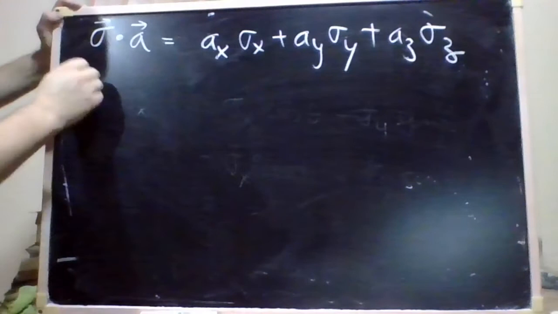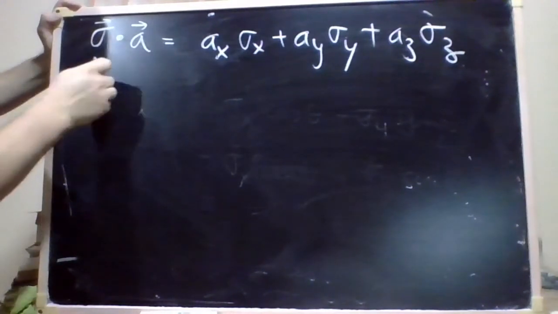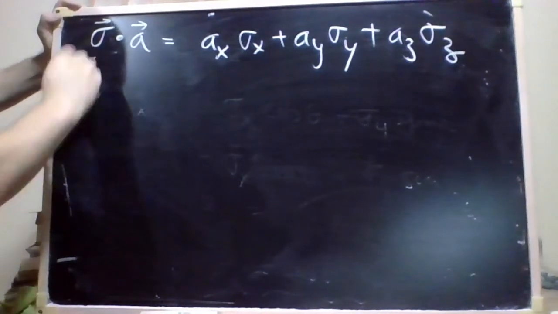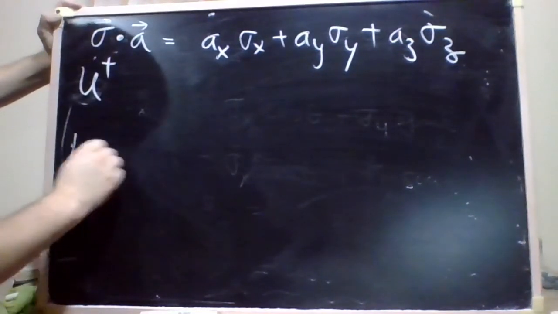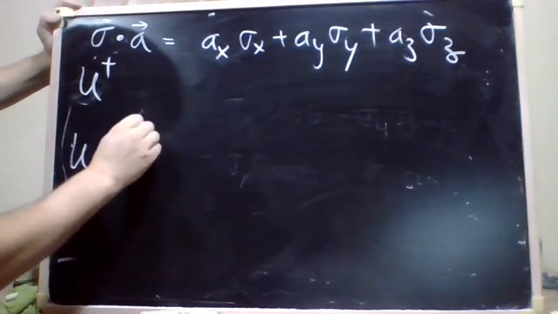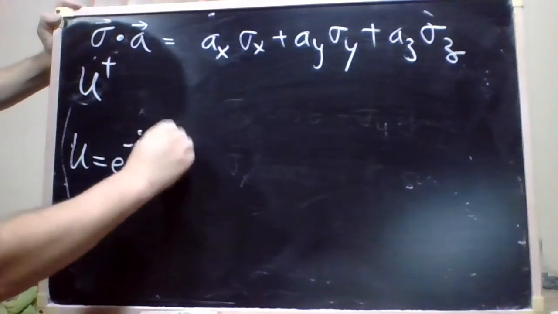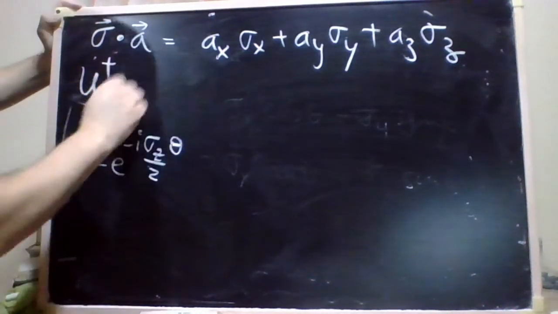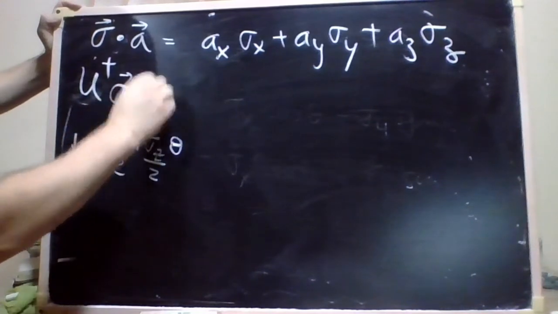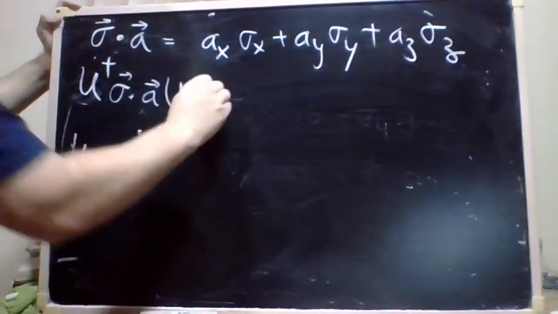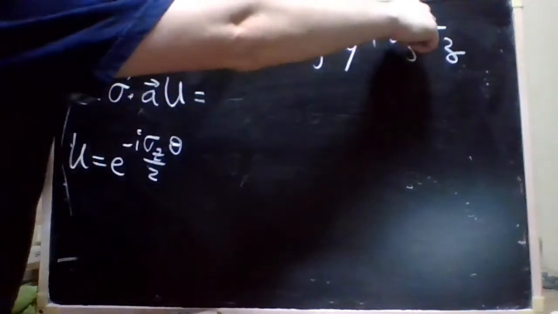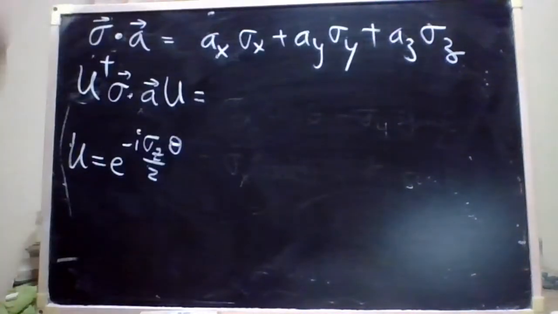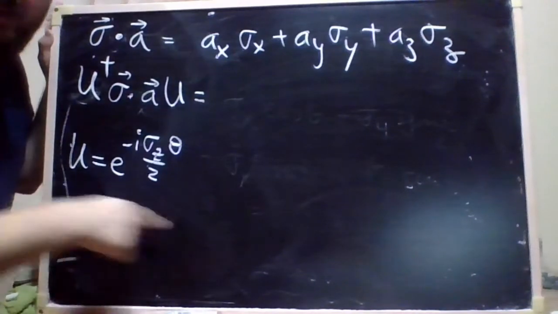Now you can perform this operation. I'm considering just this case here, a particular one. All right. Sigma dot a, U, and this will keep this matrix invariant under this operation here,